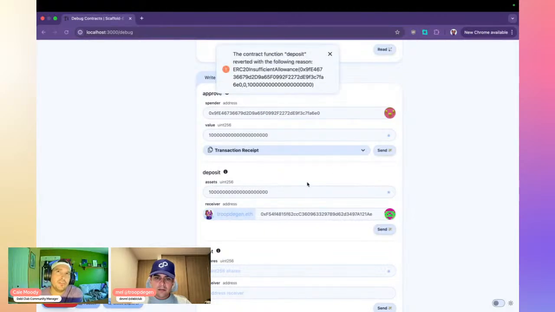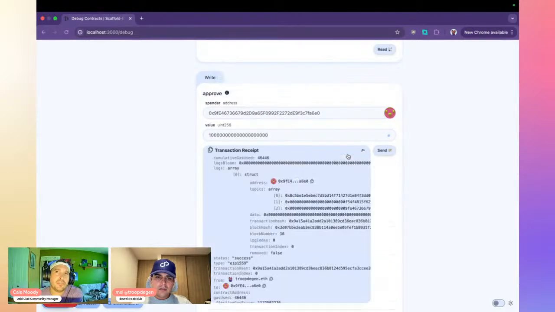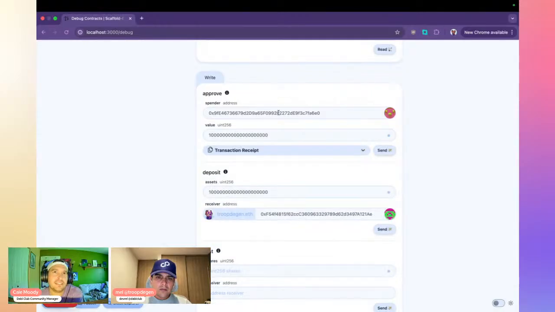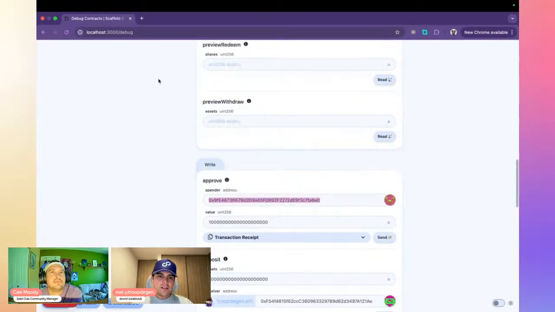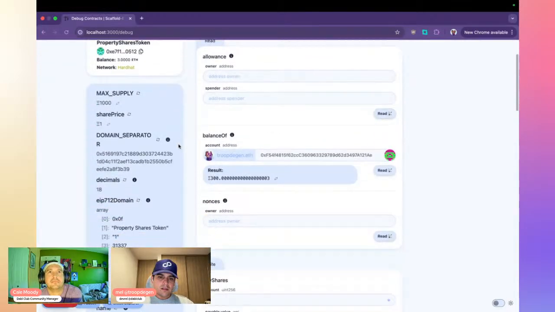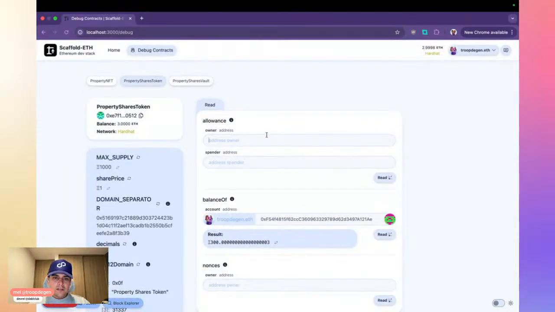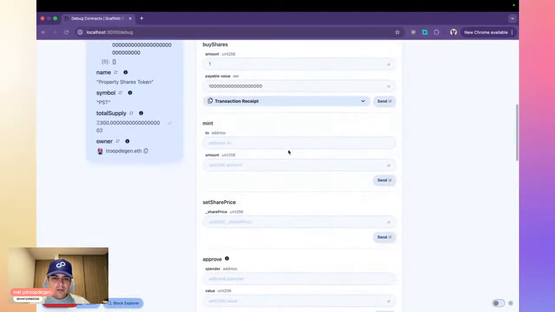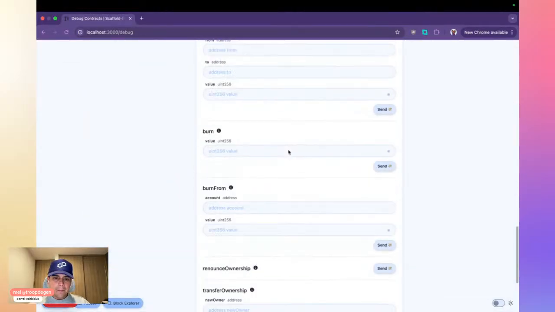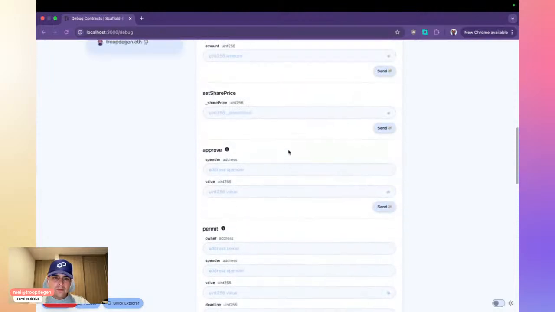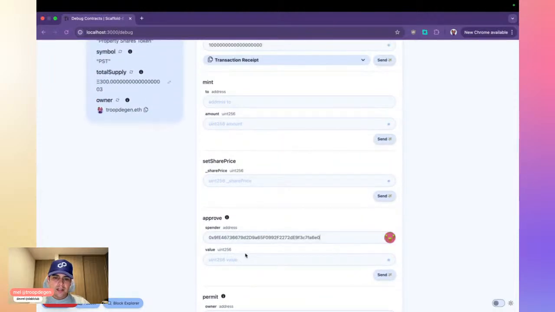When you approve that for the vault, is that across all individual users that were to interact with the vault, right? That's not like your specific allocation. It's the vault's allocation, the vault's approval in total. Yes, and I actually think I need to do it on this one. No, I need to write approve here and allow the vault to transfer on my behalf.